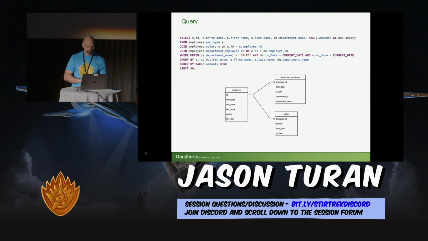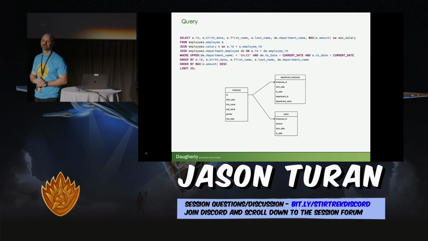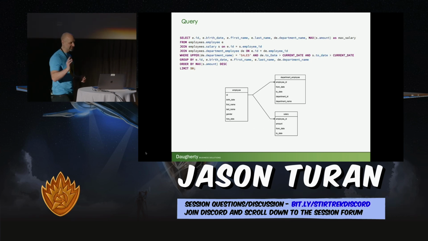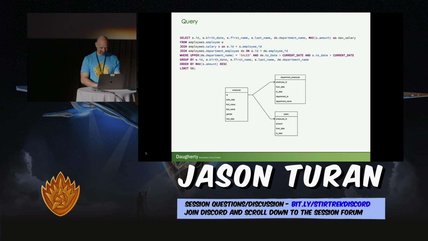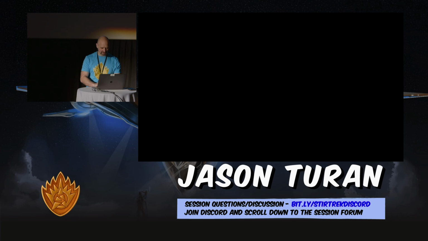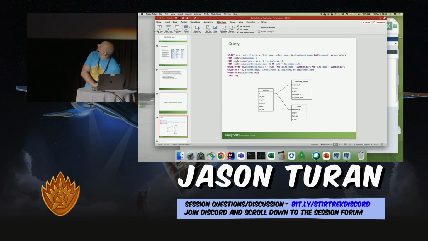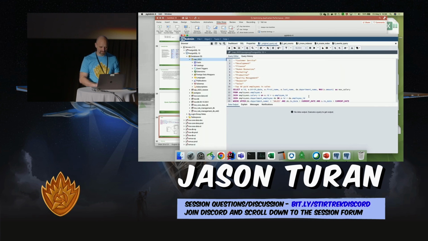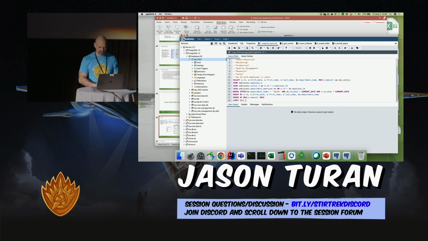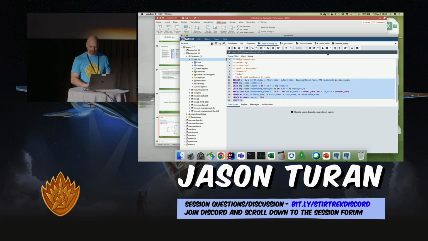Okay. So here's the query that I'm going to optimize for you real quick, right on the spot. I've done it before, so you don't have to worry about me screwing it up. It's a relatively simple data model, but it has a fair number of rows in the database. The tool that I'm going to be using is pgAdmin, and this right here is the original query. So what we're going to do,